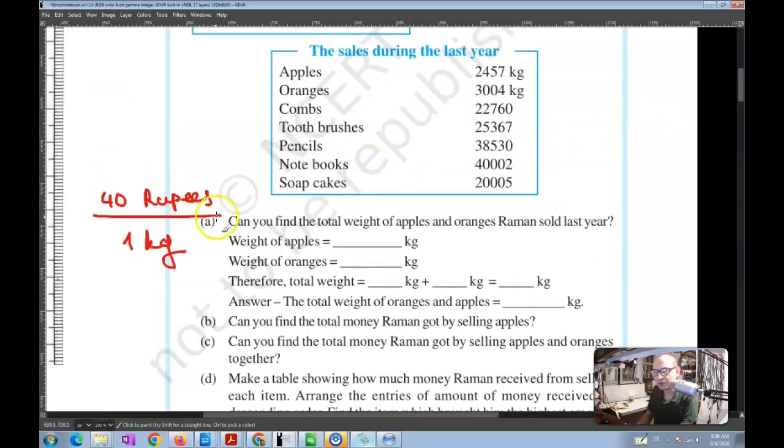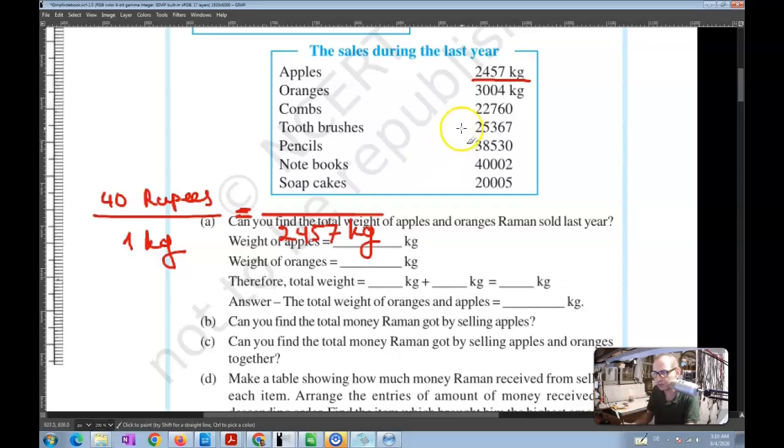And then you can form a proportion and write over here, this is the same thing as the total amount of apples that we sold. It's 2,457 kilograms, and you see that kilogram has been written in the denominator, so I will write 2,457 kilograms in the denominator, right? Not in the numerator. If you misplace this number,